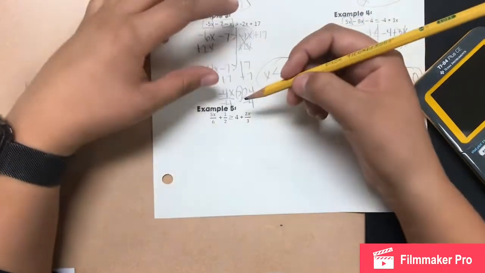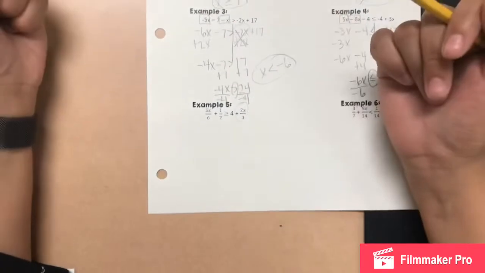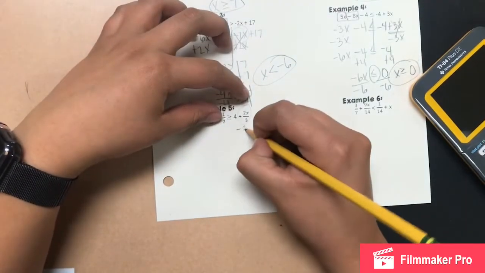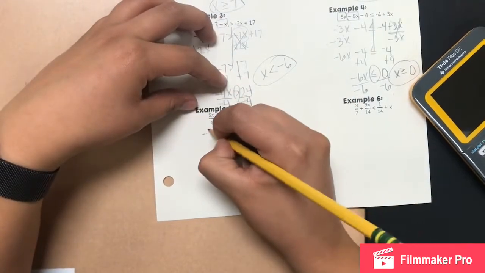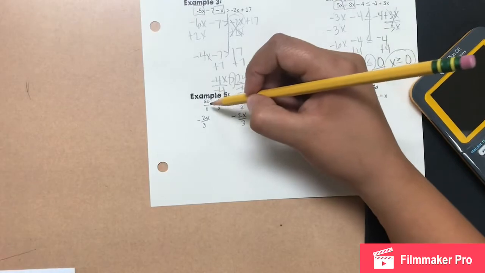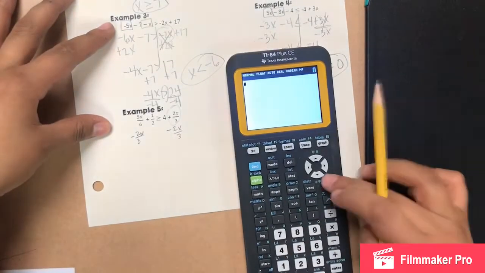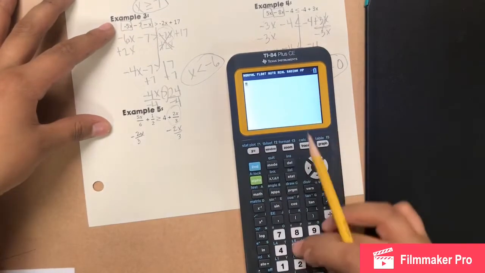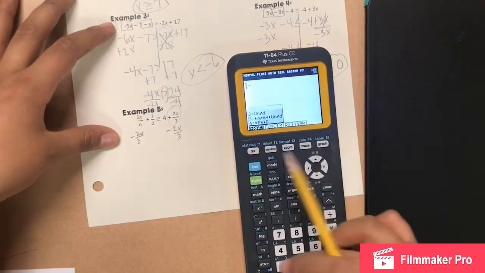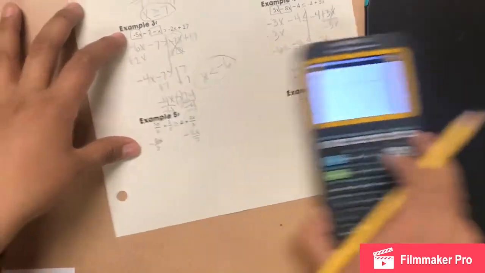I still need to move a variable. So I need to move this variable over to the left because we're so used to seeing it on the left. The opposite of positive 2x thirds is to subtract 2x thirds. Okay, so this is 5/6x minus 2/3x, same thing. So in my calculator, I'm just going to do fractions. 5/6 minus 2/3, and I get 1/6 x